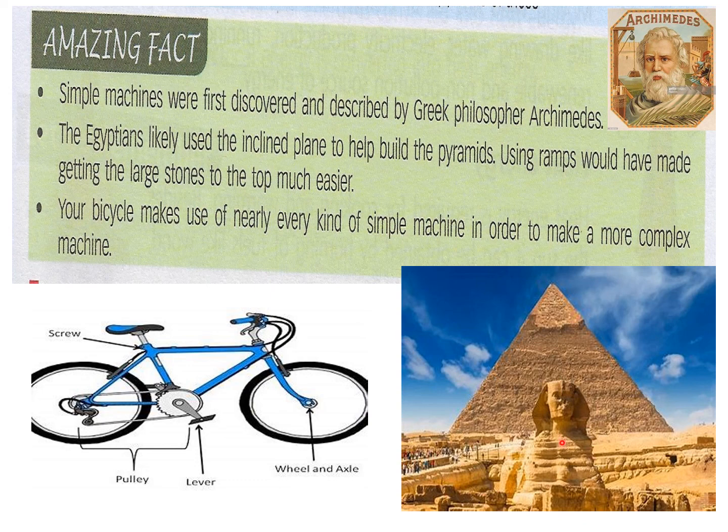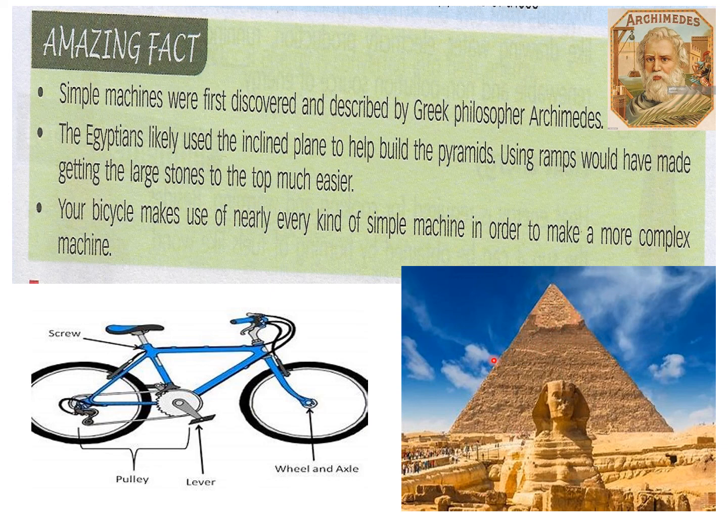Now this is the Pyramid of Egypt. You can see how high it is. So it must have been very difficult. At that time there were no stairs or ladders. So they must have made an inclined plane to reach the top to build it and to reach the stones on top of the pyramid.